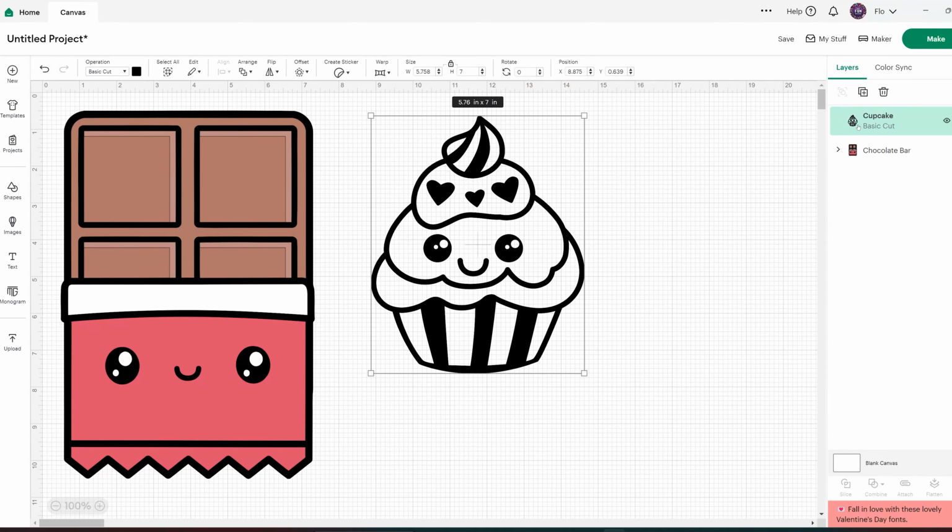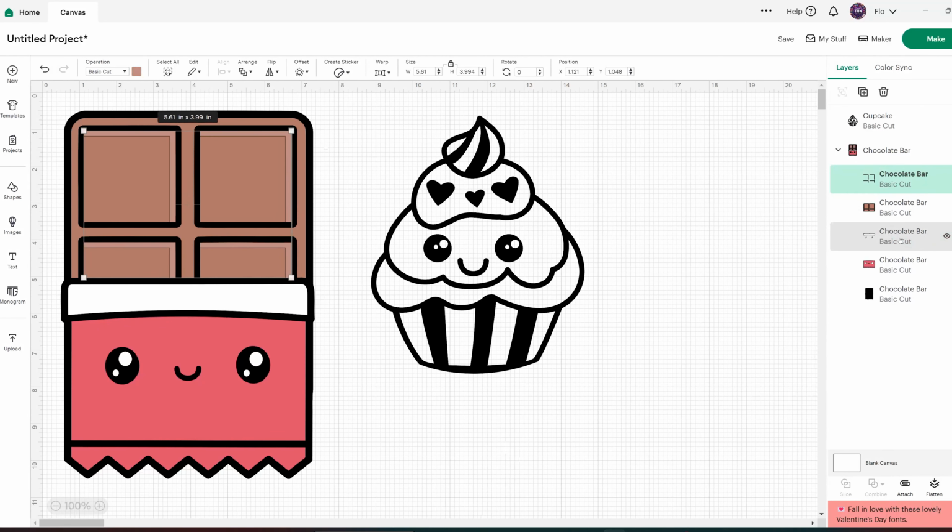For the chocolate bar, if you click on the arrow on the left, you will see the different layers corresponding to the different colors. If you want to learn how to change the color of a design, you can watch my